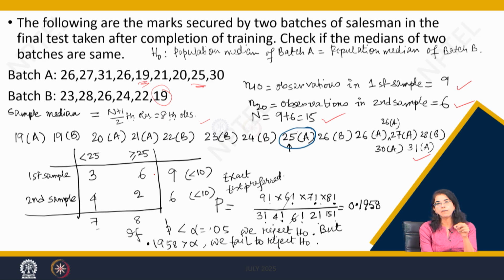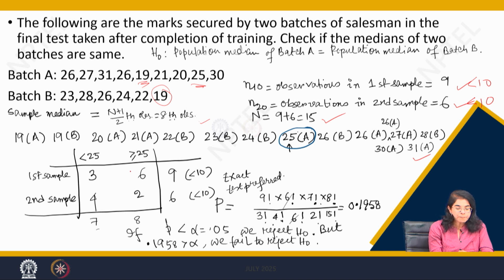It depends on you. Although I have told you that for a bigger set, you can drop that median value 25. But since this example comprises small values, both of the sample sizes are less than 10. Remember, less than 10. One is 9, that is also less than 10. Another is 6, that is also less than 10. So it's better not to lose any information by dropping those equal observations, right? So that's why I haven't dropped that out. So this is the two-way table.